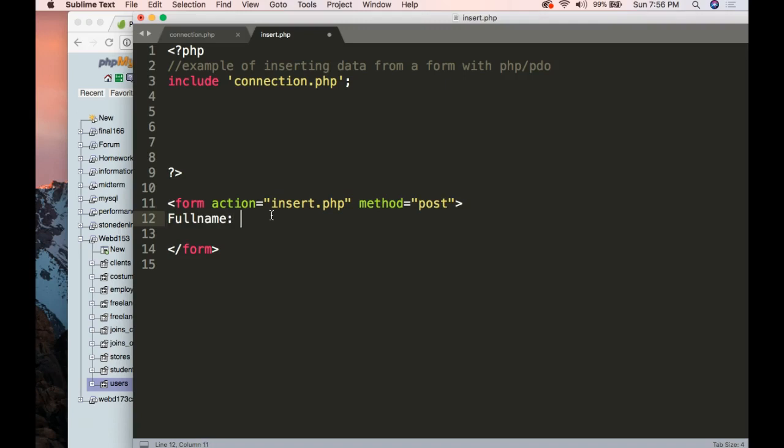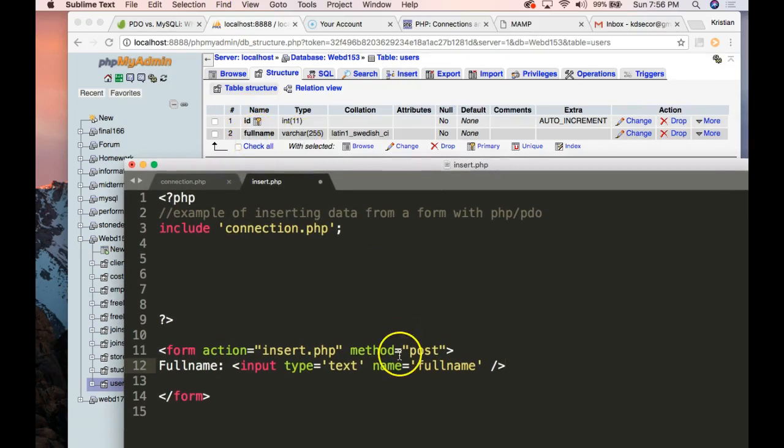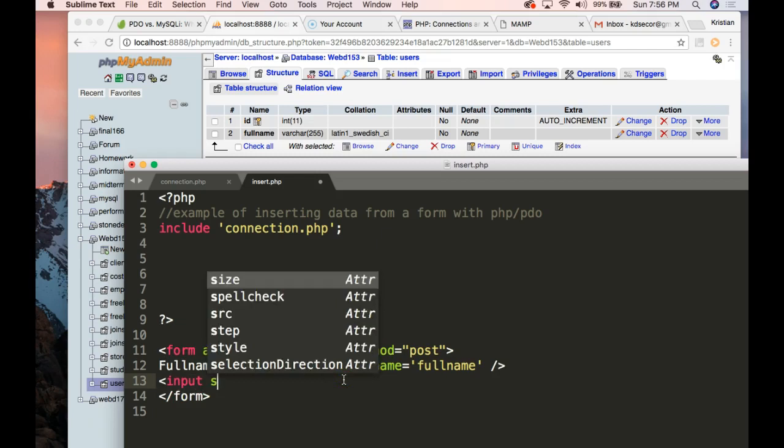because the name that we have is full name. Name equals, and we'll call this full name. I like to keep my name fields the same as the fields in the database. And as you can see right there, there's a full name. So all I need to do is get data from this form